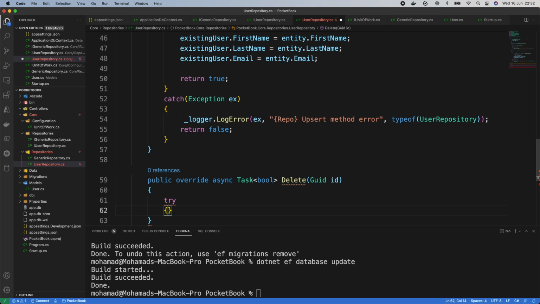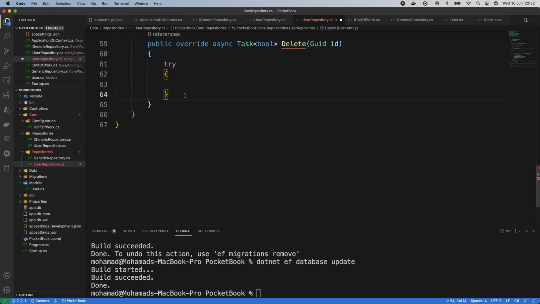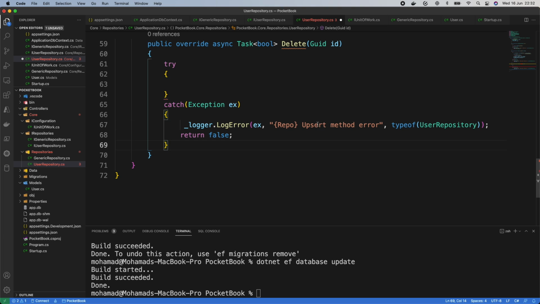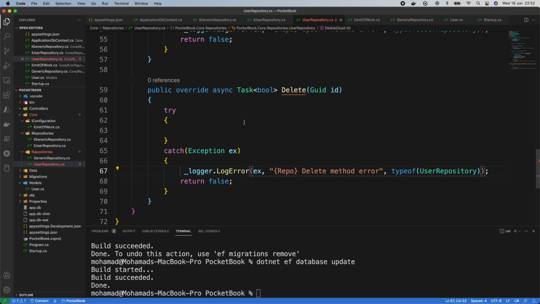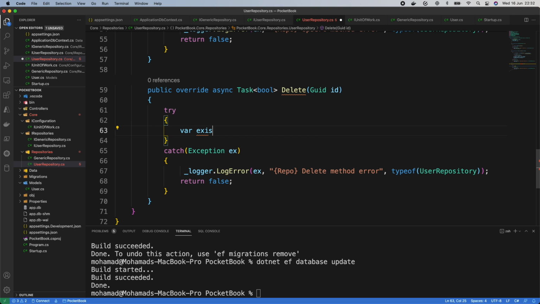The first thing we're gonna do is add the try catch. Let's copy this and paste it here, and instead of upsert it's gonna be delete, and that should be the same. And now let's implement the delete functionality. Basically the delete functionality is gonna be the same as the first part of the upsert. So var ifExists equals await